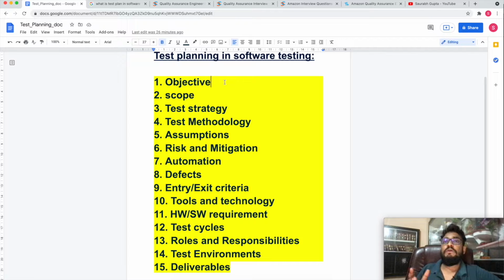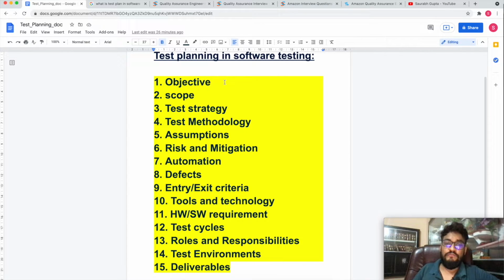Whenever you are designing your test plan, you need to tell your manager or colleagues, or whoever you want to share this test plan with, which kind of test methodology you will be following, whether you're working on a sprint with Kanban, and what kind of project it will be. So you need to define each and every minute thing in this test plan, right?